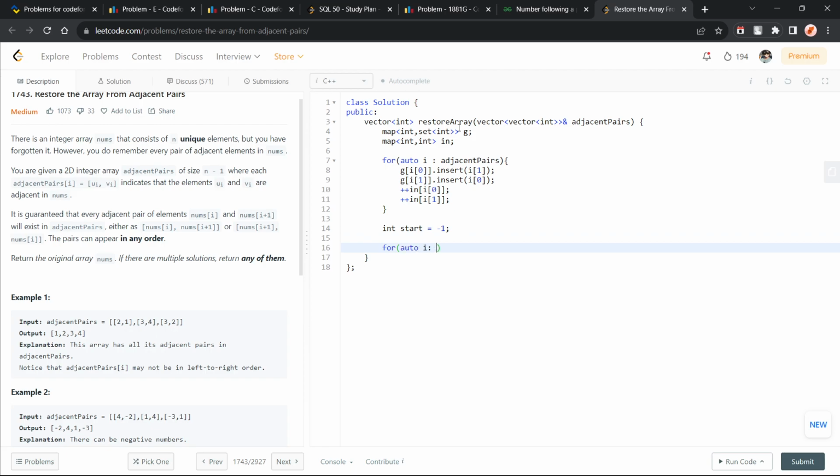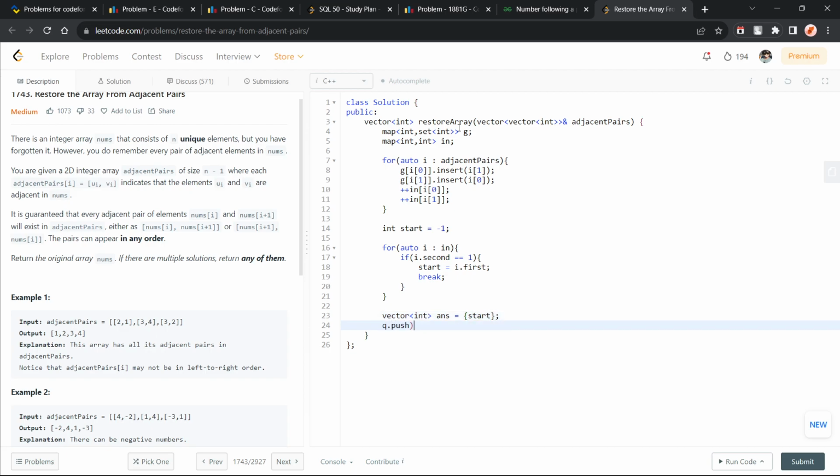So I'm just going to traverse this in degree vector or in degree map. If I dot second is equals to 1, start, my starting element is going to be I dot first, and I'm just going to break from here. So I'm just going to create vector and answer is equals to start,